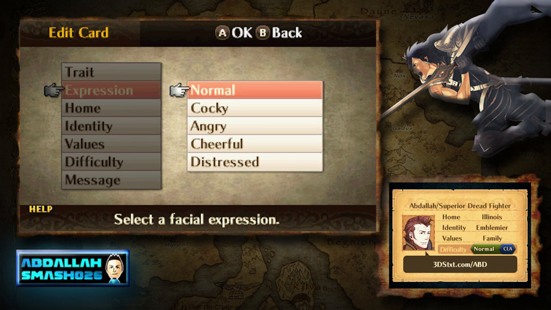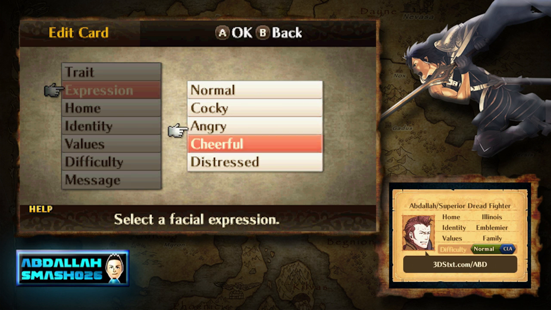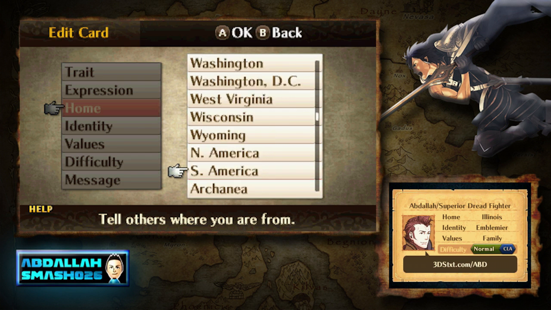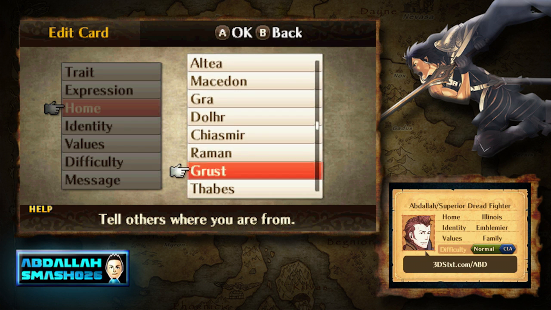Expression, you can actually change the facial expression on your character. Normal, cocky, angry, cheerful, or distressed. I like cheerful because he's smiling. Home, you can actually change whatever state you have. You can go all the way through. And you can actually pick countries as well. North America, South America,